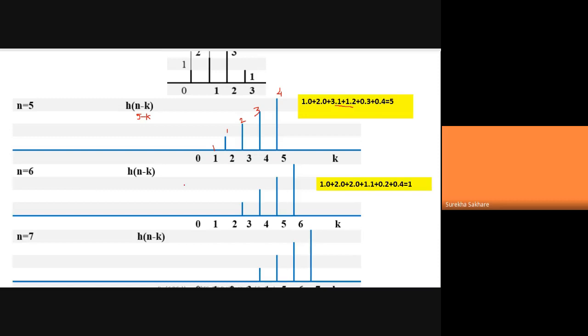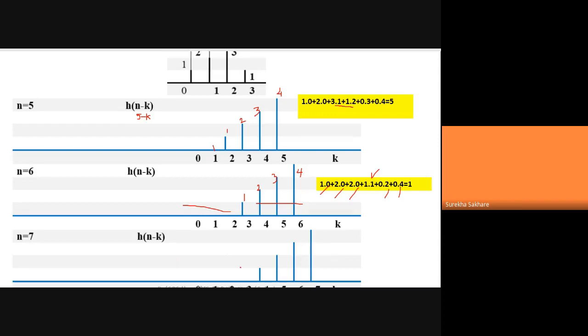At n equal to 6, again one more shift. Just see 1, 2, 3 and 4. Now again see at 3 I have a 1. Is it not? Only one sample. Then no overlapping here and no overlapping here. So only one sample that I have at 3, 1. So this is why all zeros and a 0 here, but only you have one value.